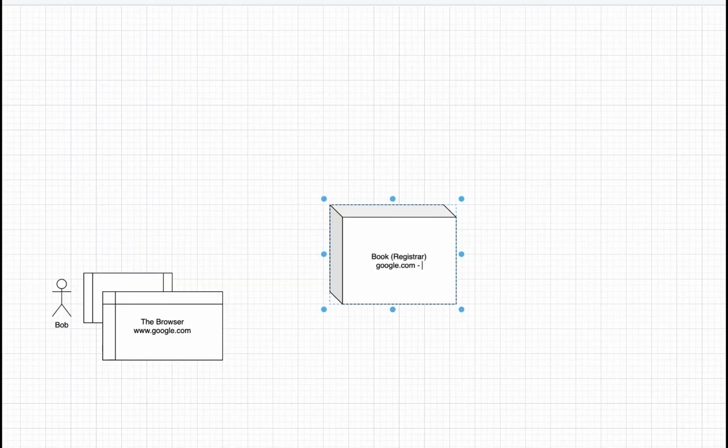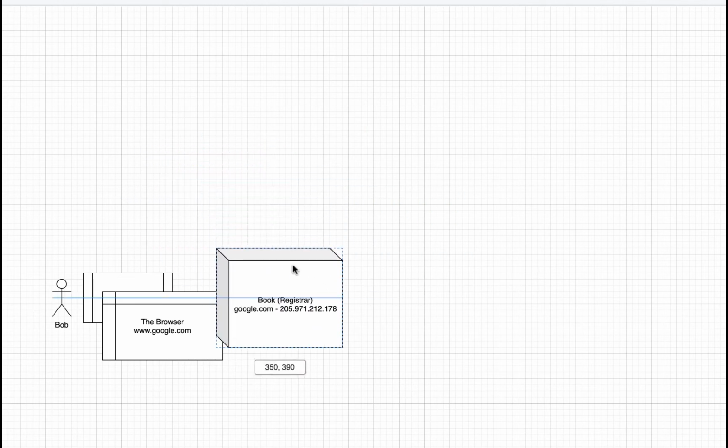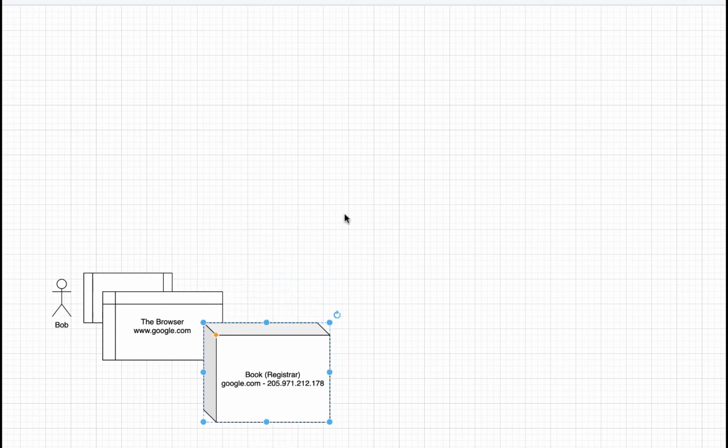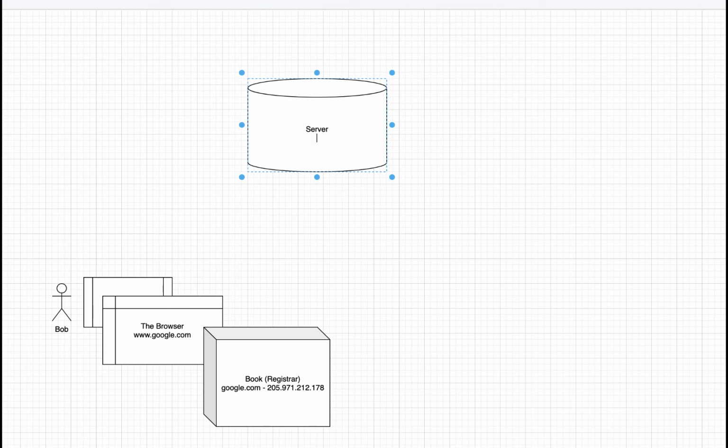It looks something kind of like this. You can put in any 3 numbers just to get the idea. And you've probably heard or seen this before, but even if you haven't, don't worry. I'm assuming that my computer has some kind of access to this book, so it knows to go to this address. And then somewhere online, somewhere in the world, there's a server. And this server's address is the same address that I try to go to. This is how my browser knows, when I type google.com, to go to this server.